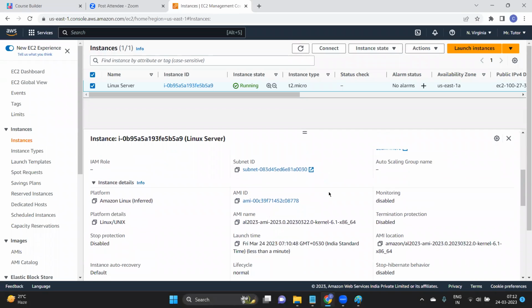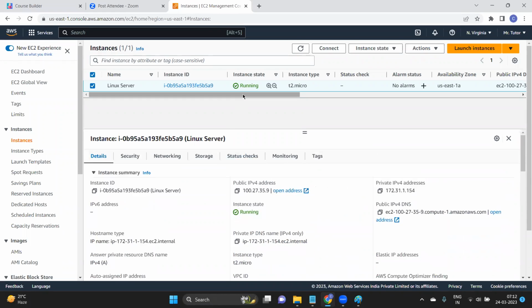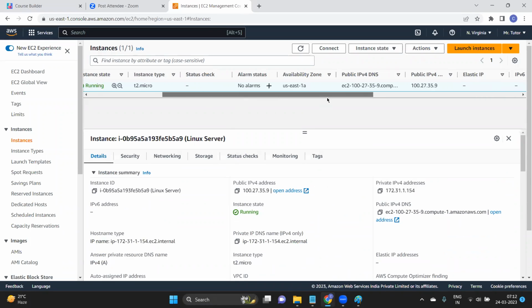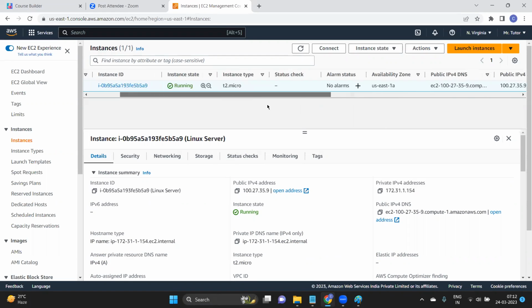Now scroll down. The AMI that you have used, everything is mentioned here. When was the instance launched? Okay, so the timing will be here. Most of the detail would be given in this bar. Okay, now